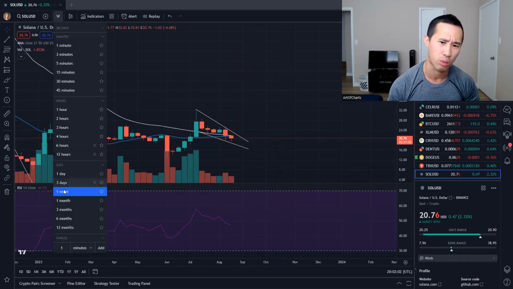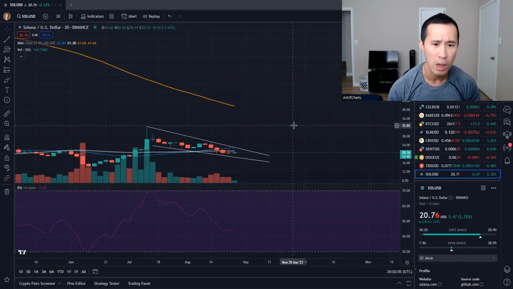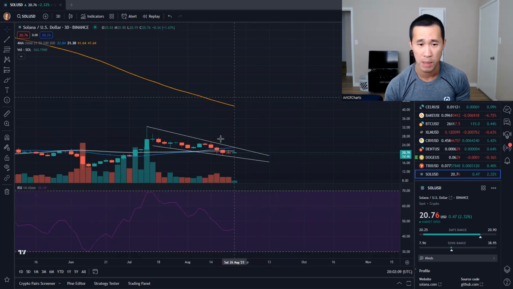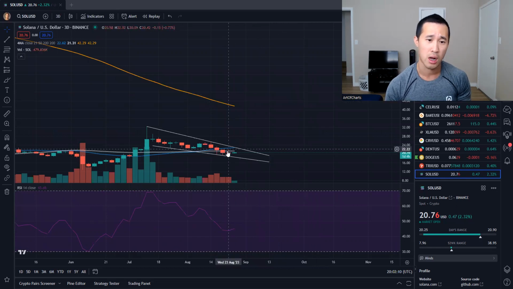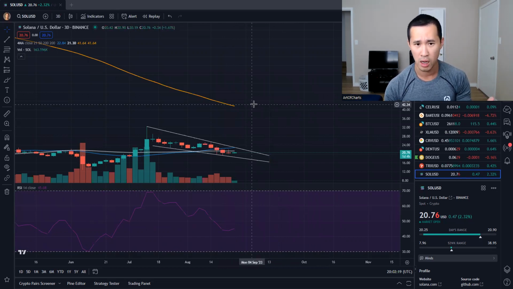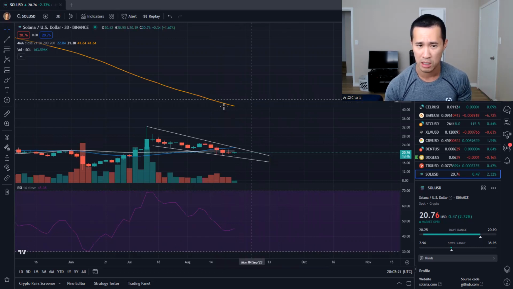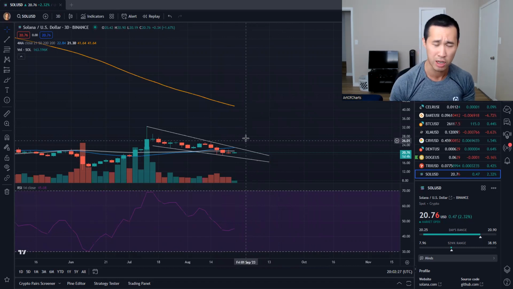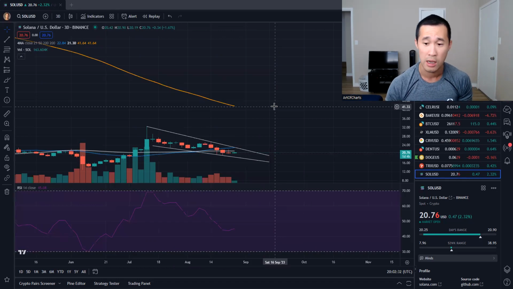Let's take a look into the 3-day time frame, where the price action is still beneath basically all major moving averages on here. Immediately within the pattern is the 3-day 50 SMA, the gray line, the 3-day 21 SMA, the blue line. The 3-day 200 SMA is the orange line that's pretty far away, so probably not really going to worry about that too much until the price action breaks out and, of course, goes towards that target if and when, right?